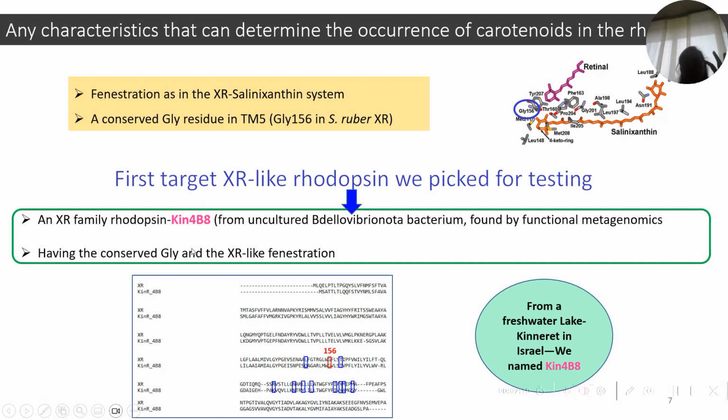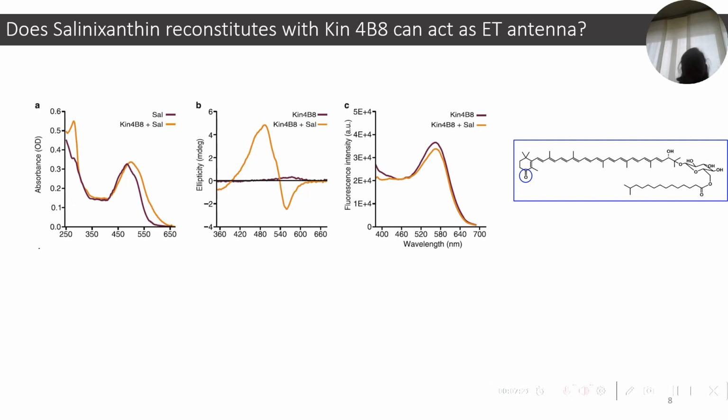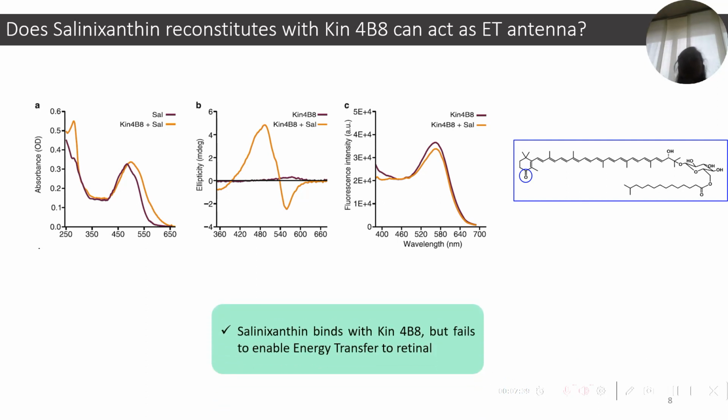With this, first we tested whether it binds salinixanthin and can employ salinixanthin as an energy harvesting antenna. With the help of absorption and CD spectroscopic studies that can quantify and detect the binding, we detected that salinixanthin binds the protein. But with the help of fluorescence excitation spectra, which can tell about the energy transfer process,